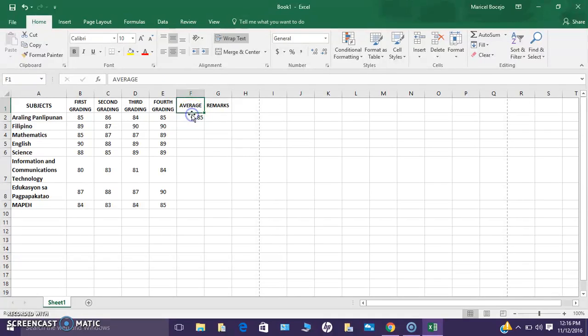So this 85 is the average of 85, 86, 84, and 85 grades in Araling Panlipunan from first grading to fourth. To make it easier for us to get the average for each subject, just drag it down until the last subject.